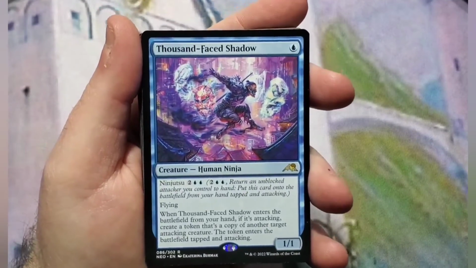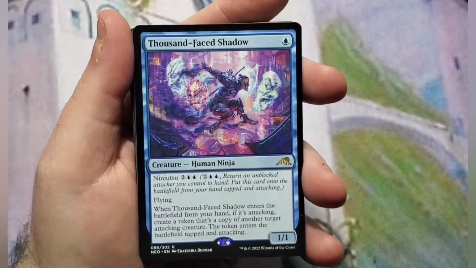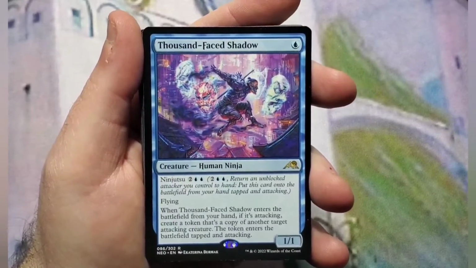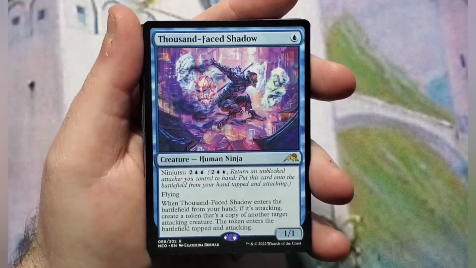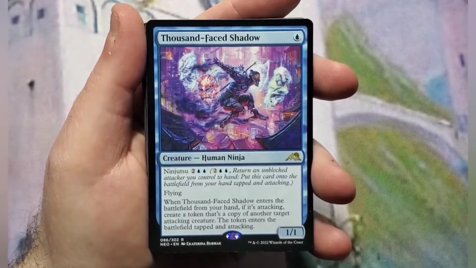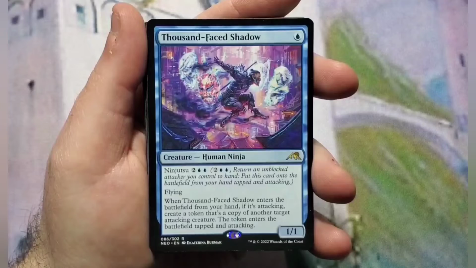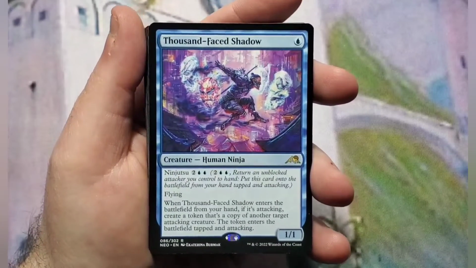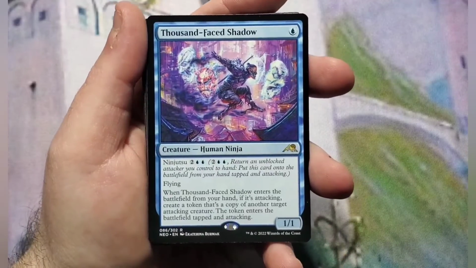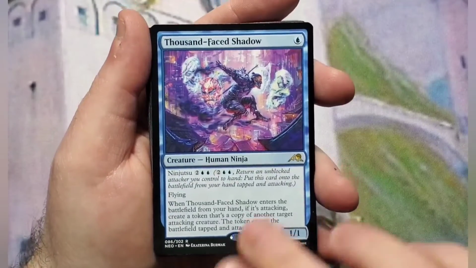The first one we'll start with is Thousand Faced Shadow, which is a 1-cast 1/1 that has a Ninjutsu of 4, flying, and then when it enters the battlefield, from your hand, if it's attacking, create a token that's a copy of another target attacking creature, and the token enters the battlefield tapped and attacking as well. The way it enters the battlefield attacking is if it's ninjutsu'd in, so keep that in mind